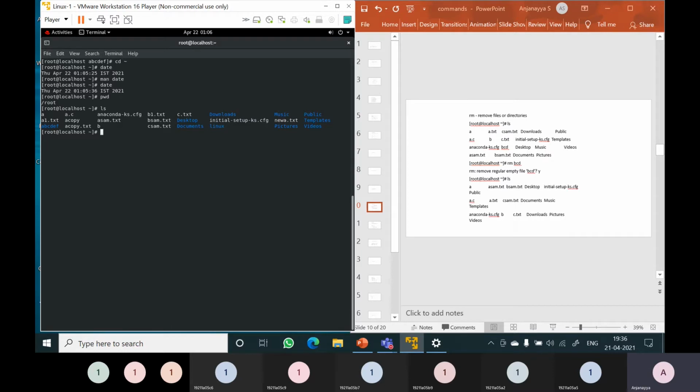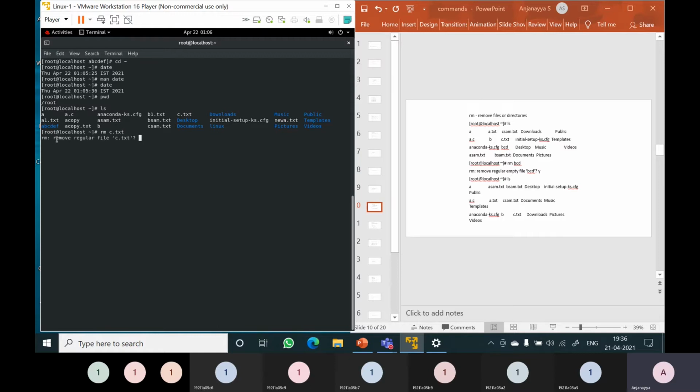Now I want to remove this file c.txt. So I will use rm c.txt. Here everybody is seeing the c.txt. Now I want to remove this file from this directory. rm c.txt. Press enter.